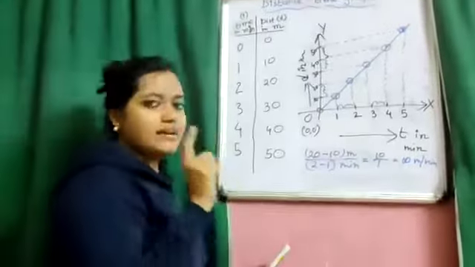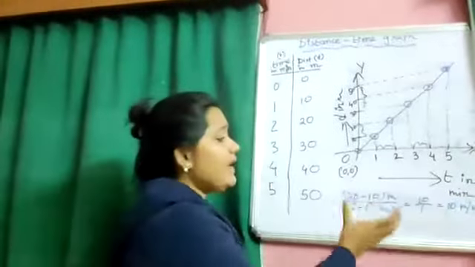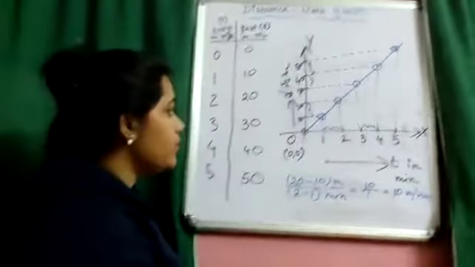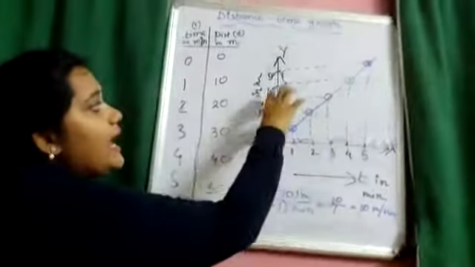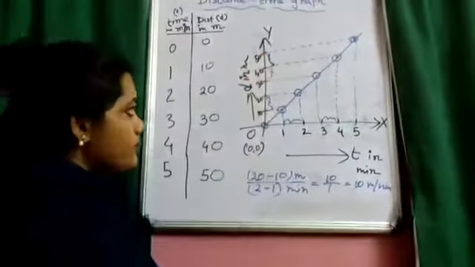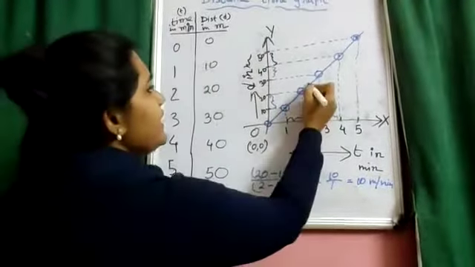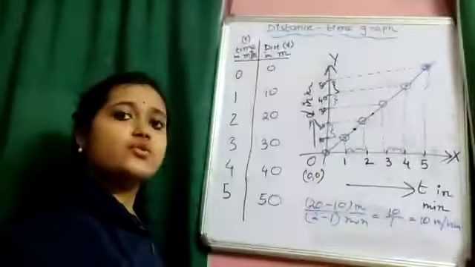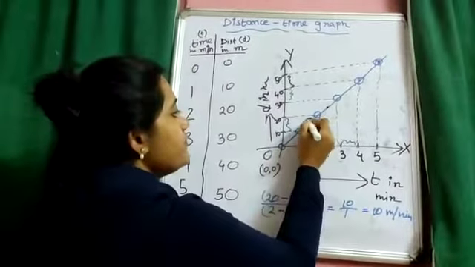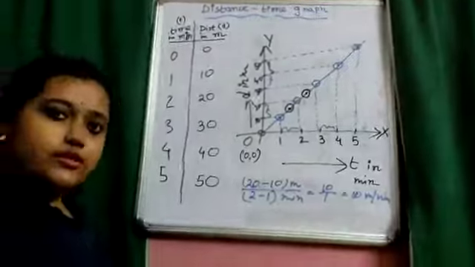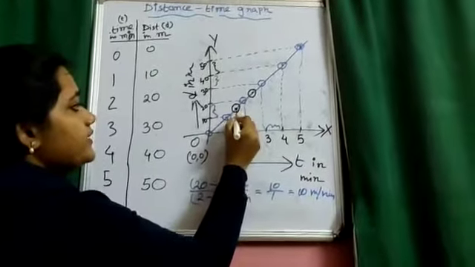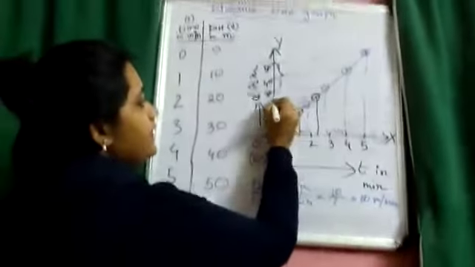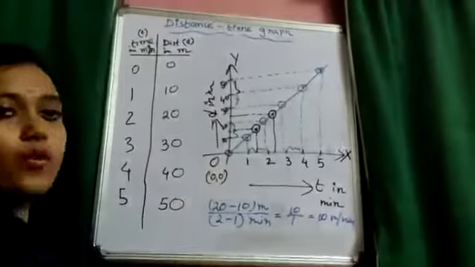Now have you noticed one very important thing, how am I getting the velocity? As final minus initial for the time interval. Okay, so if I am checking any arbitrary point on this graph, suppose this one and this one, these two arbitrary points I am taking. This point and this point. Okay, and I have plotted the perpendicular on the x-axis and the perpendicular on the y-axis.